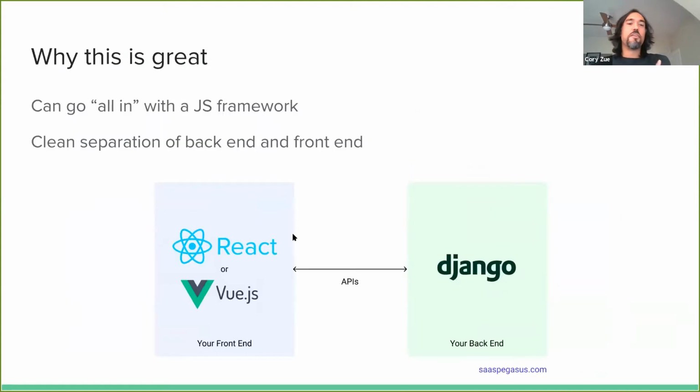And this can be great too. It will let you go all in with a JavaScript framework. And so if you love React and you just want to do everything in React, then you can do that. And you can have a server, a Django on the back end to do all the good stuff that Django can do. You also get this nice separation of your backend and your front end, which arguably could lead